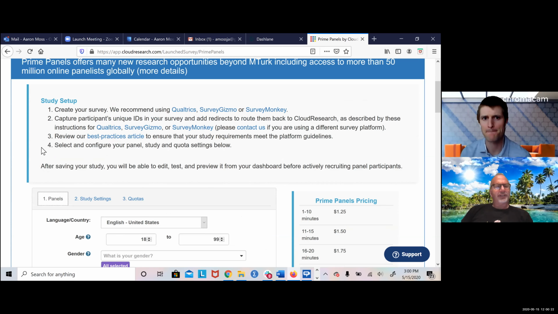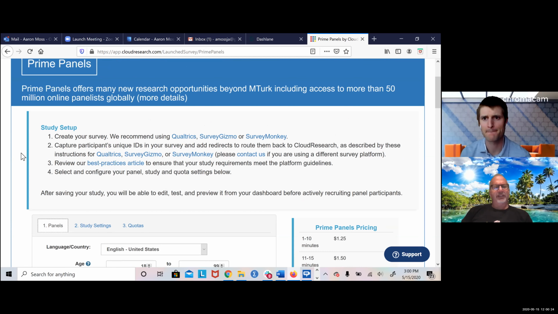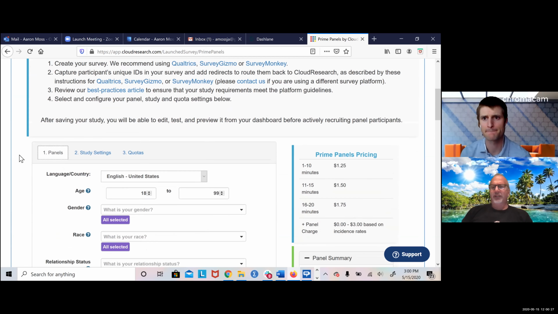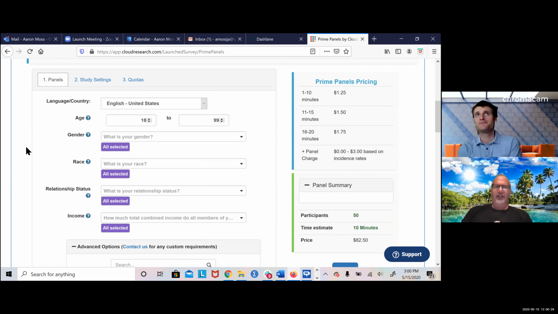I'm just curious, with the quota system, is that something that MTurk can do as well? Can you specify, I want half men, half women? I'm not sure how much Mechanical Turk has updated that directly from their end. I'm sure that you can. I'm not sure exactly where our status is in terms of quotas either on Mechanical Turk, but